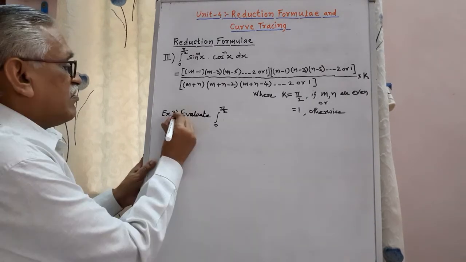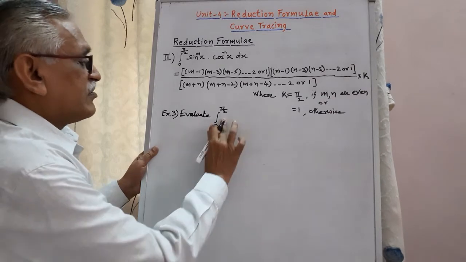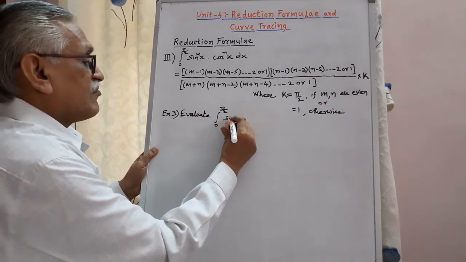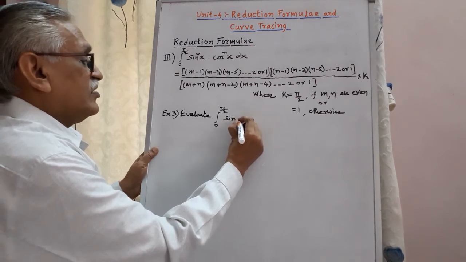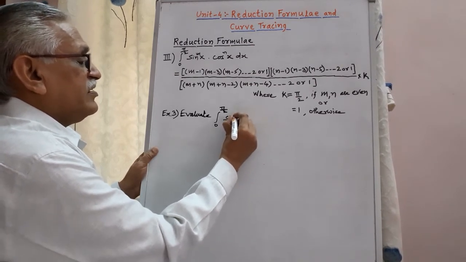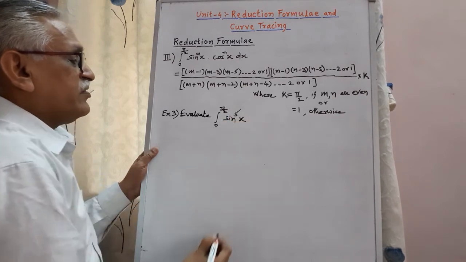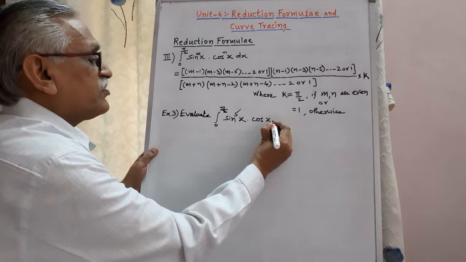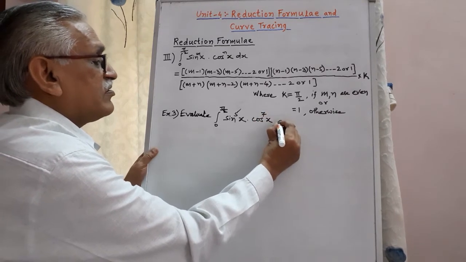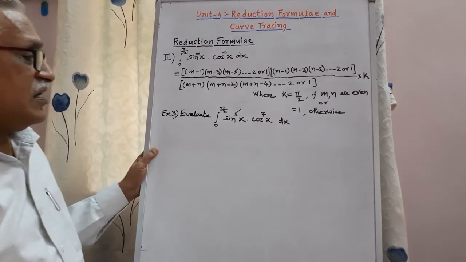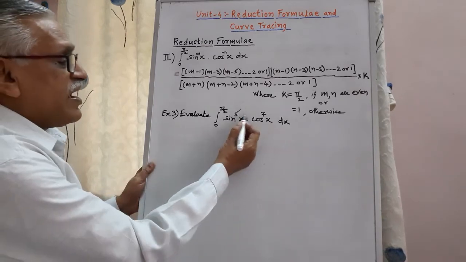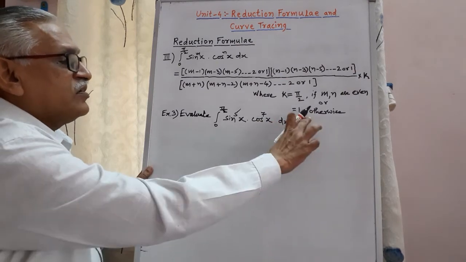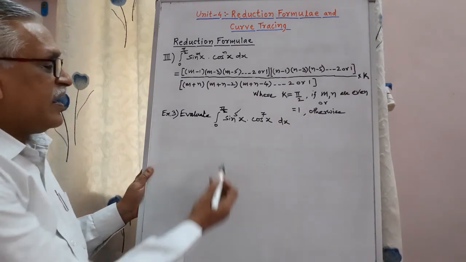One more. Evaluate the integral of sin raised to 5 x into cos x raised to 7. Here both m and n are odd numbers. Therefore, as both are odd, we have to consider the value of k as 1, and in limits once again